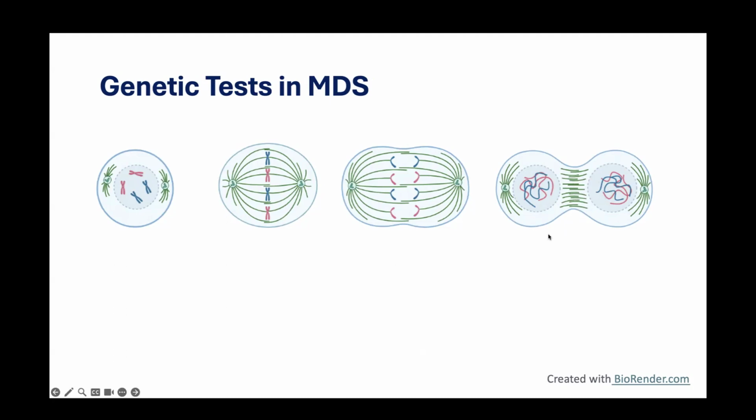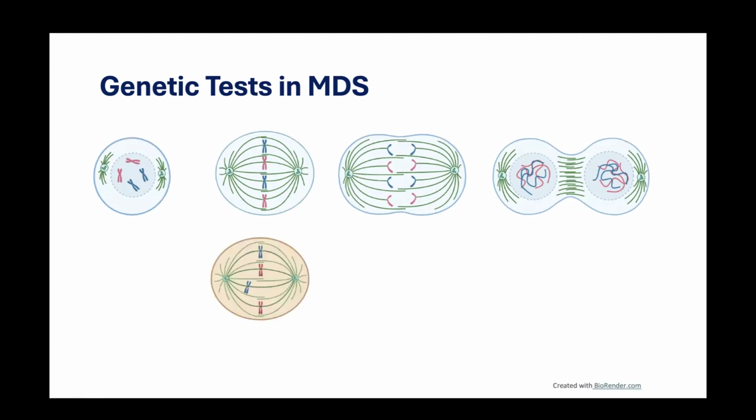And then, within those two identical cells, they can make a pair, which can later go on to make an additional cell, or additional two cells, actually. But what happens oftentimes in cancer, and in other conditions as well, but in cancer in particular, which we're talking about today, is that this division is not quite normal. If you see in the lower figure here, the more orange-looking cell, where both the chromosomes are actually ending up going to one of the progeny, or one of the cells, that means one cell will have way too many chromosomes, and the other cell will have too few.